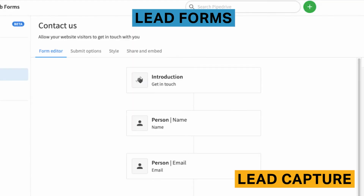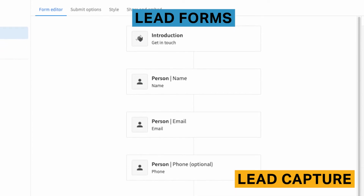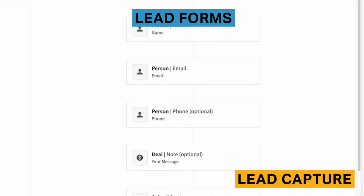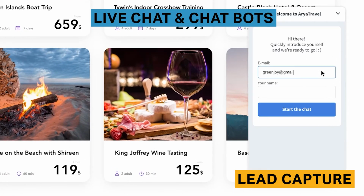You can include standard contact form fields including name, email, phone, and a message box. You can also edit the color, font, layout, and field styles and choose whether to embed your form or share it as a link. Pipedrive lets you create a live chat and chatbot widget that you can embed within your